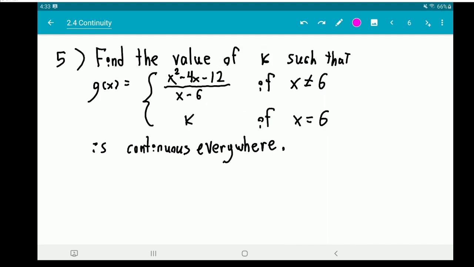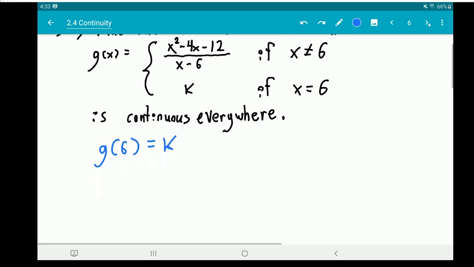So we already know g of 6 is going to be k, so there's no issue plugging in. We just have to find the value. Right, so g of 6 is equal to k. And the reason we really care about that here is because the not equal to makes us need to find the limit, makes us need to find the function value, and set those equal. So it's the same general idea, but it's just a slight bit different, a little bit mixed up compared to what we were doing. So the limit as x goes to